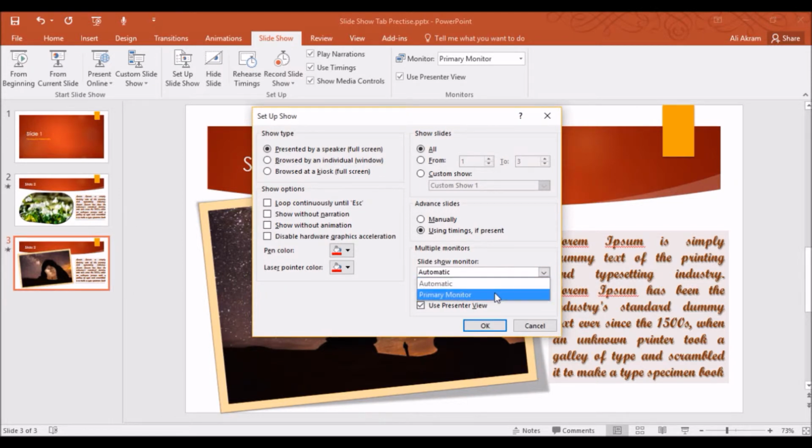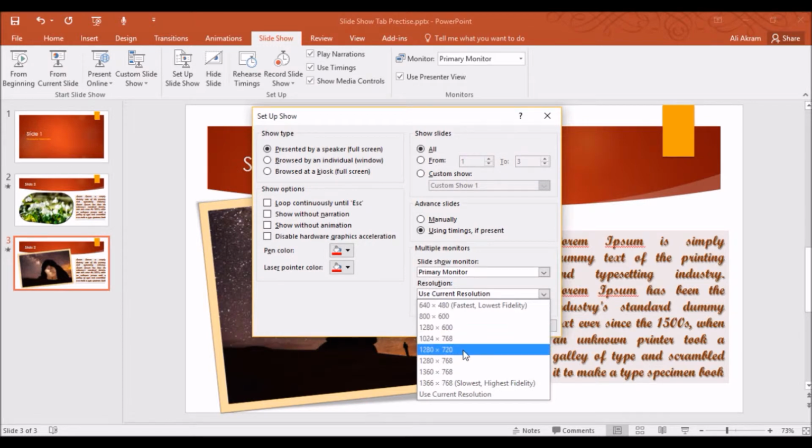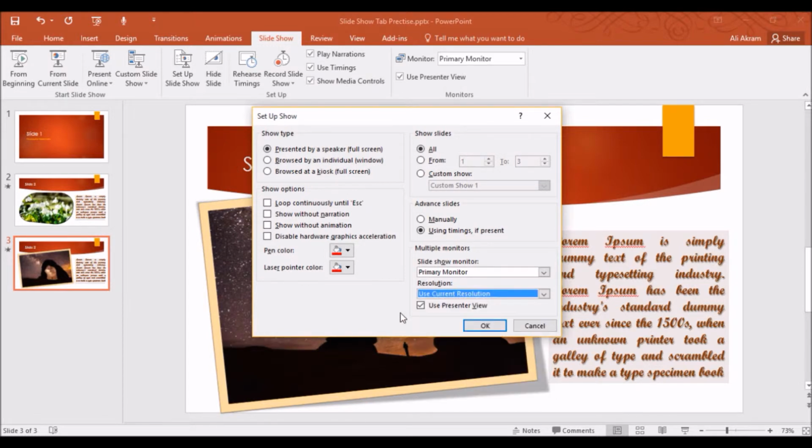If we move to the primary monitor or secondary monitor option, we can choose the resolution for our screen using this list and selecting any of these options. Then we have an option of using presenter view in our presentation. When we have this checkbox checked and we move to the slideshow by pressing Shift plus F5, we move to the presenter view. As a result, the audience sees normal slideshow on the projector screen, whereas the presenter is shown